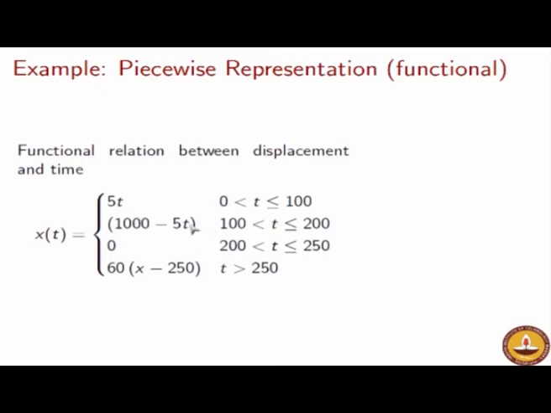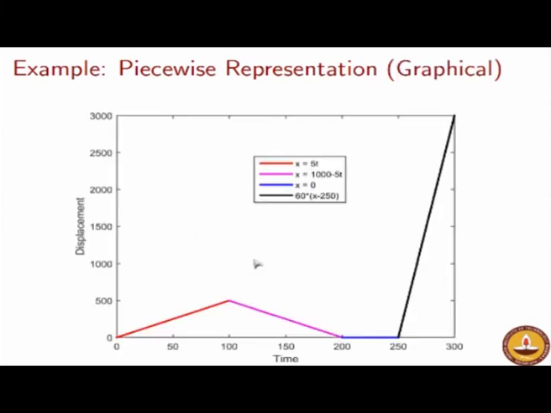This is what is called a piecewise representation. We have a function for the time interval t from 0 to 100. We have another functional relationship for the next time interval, 100 to 200. We have another functional relationship from 200 to 250, and then finally another functional relationship beyond time 250. Each of these functional relationships is actually plotted separately, not just in different colors, but through different parts of the programming. In this case, you could again do it with Excel and look at this plot jointly. Now what does this represent?